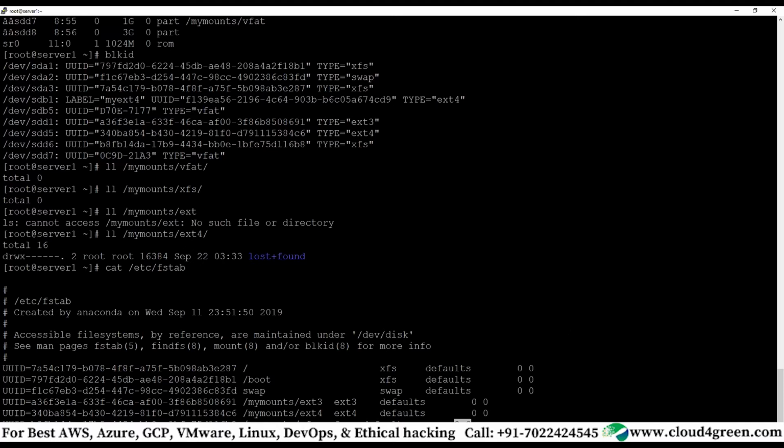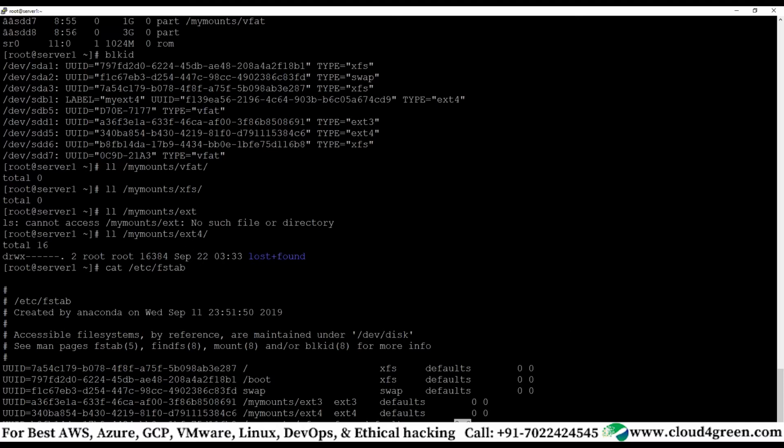So this PV is 100 gig, and this PV is 100 gig. Now I combine these two PVs and create a volume group out of them, which we call a VG. You can give a name to the VG; you don't have to give a name to the PV. We use the vgcreate command to create a VG out of these PVs.